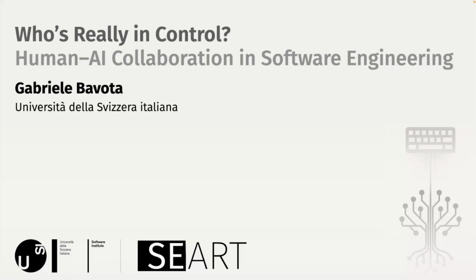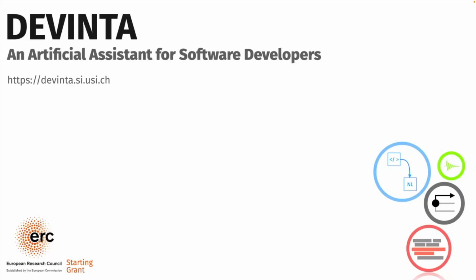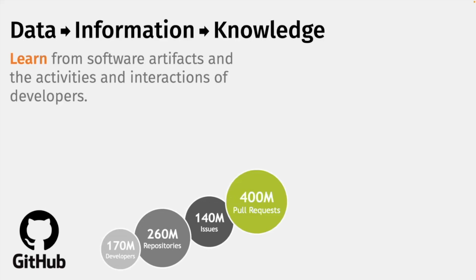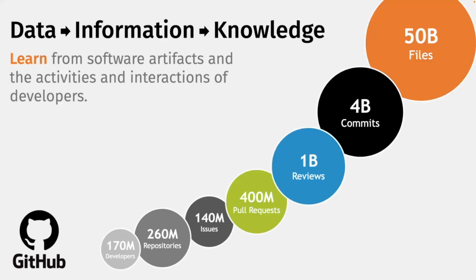Okay. So just to give you a little bit of context, because I know there are some new students. In the past few years, we worked mostly on this project. The goal was to investigate the usage of AI for the automation of code-related tasks like code writing, code review. And this was proposed back in 2018. So the intuition was, we have a lot of data on forges like GitHub, and you can use this data to learn how to automate a certain task, okay?